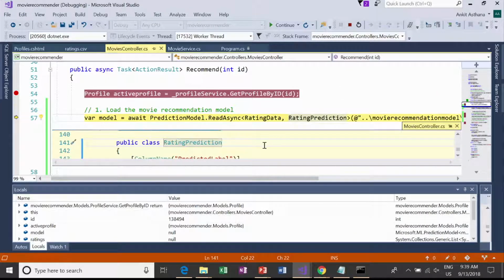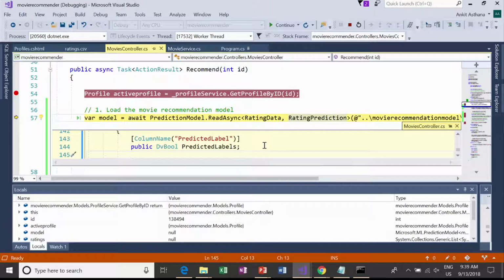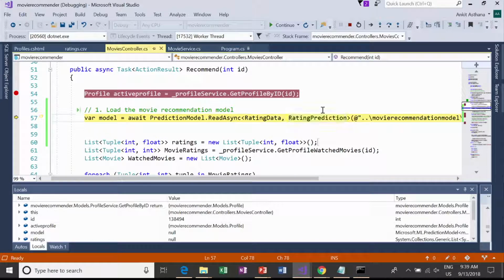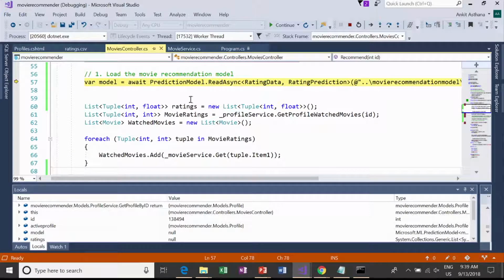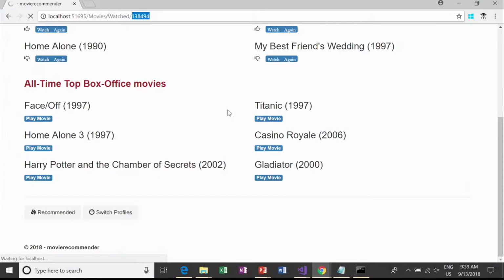API. So you can see in the rating prediction here that has two fields. It has a Boolean field for predicted labels that tells us true or false, whether the recommendation was good or bad. And then we've also added another column here called scores, which gives us a numeric value, which tells us numerically what the score for this recommendation was. The higher the score, the better the recommendation. Once we've loaded the model via this prediction model async API, we can go ahead to the next piece of code that I want to show very quickly,